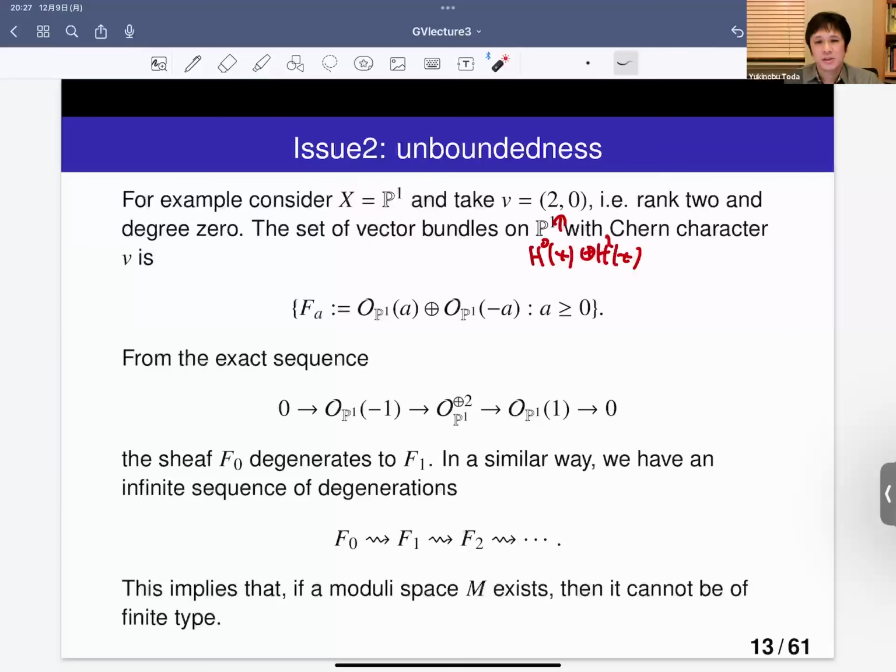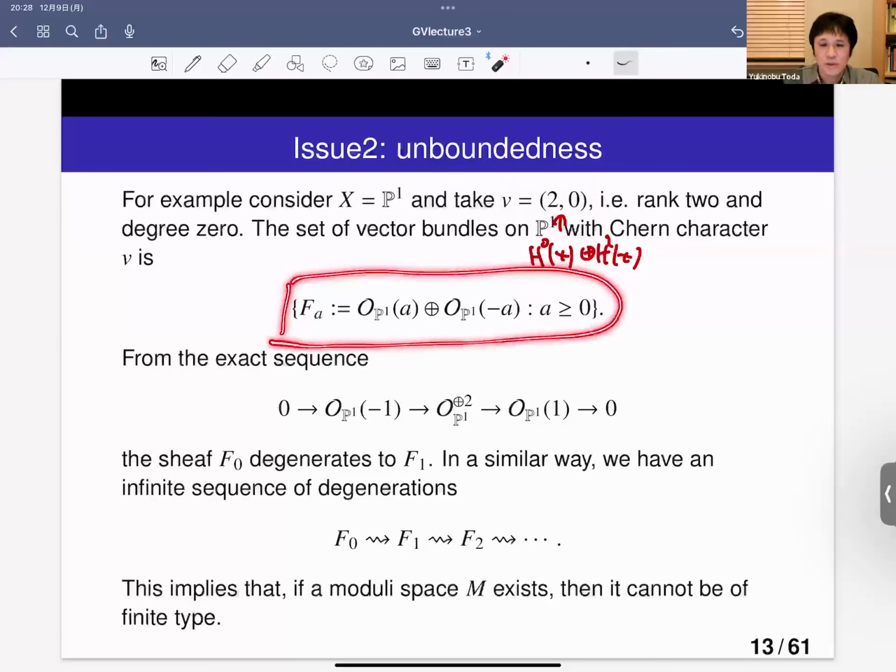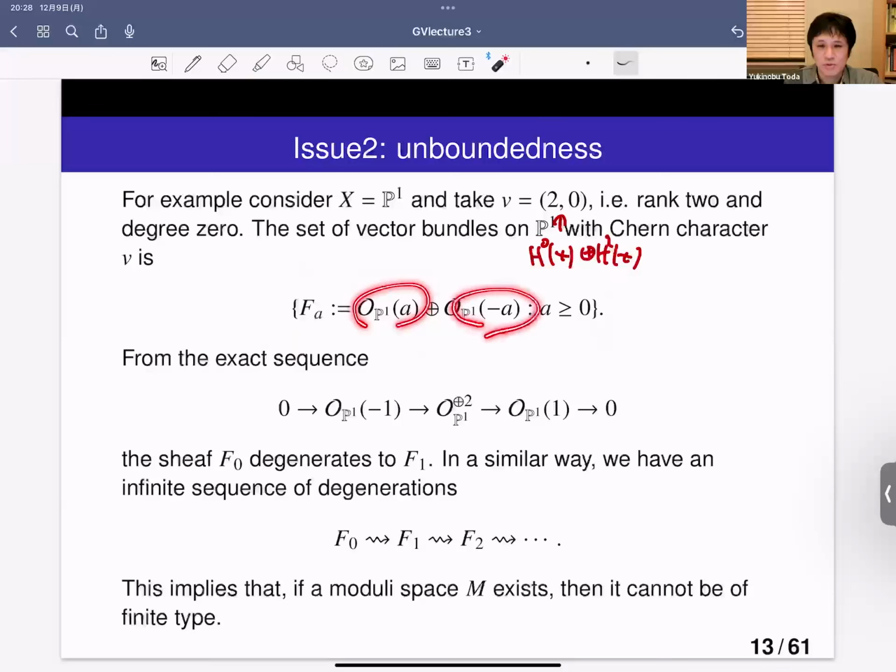Then the set of vector bundles on P1 is, as in the previous lecture, decomposed into direct sums of line bundles. So the set of vector bundles on P1 with this Chern character is classified in this way. This is nothing but the direct sum of two line bundles, where the sum of the degrees becomes just 0. So then we have an infinite number of such vector bundles. The point is that we have an infinite number of points, and each point